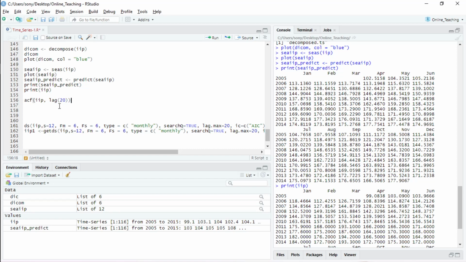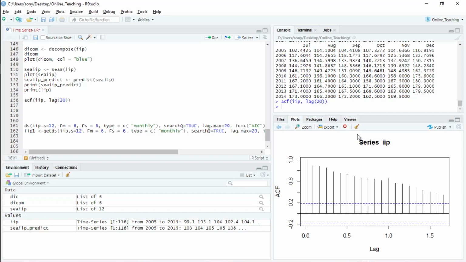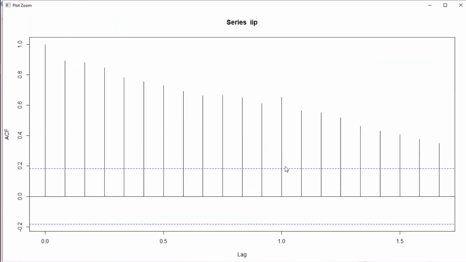I'll show it. Now if you see the ACF plot, after the first lag the ACF values are declining eventually. That means this is an AR1 model.